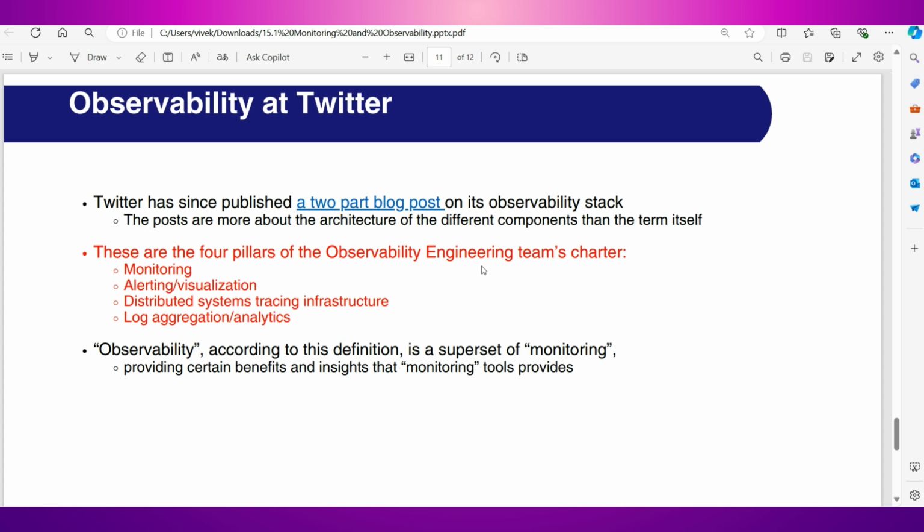Twitter's observability is like having a state-of-the-art car maintenance system that not only monitors basic performance but also provides detailed diagnosis,